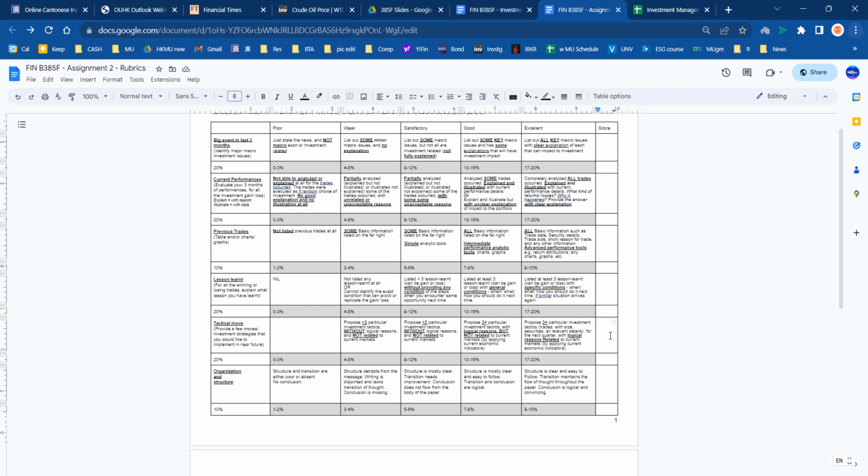Why do you want to do that? Do you want to repeat your strategy? If this is money winning, then of course you're going to repeat that. If it is not money winning, then of course you're going to cut it out. So give me your tactical move, and that will most likely be based on the lesson learned. But if it is not related, that's fine. That is still fine. So answering these 4 parts will pretty much get you to the